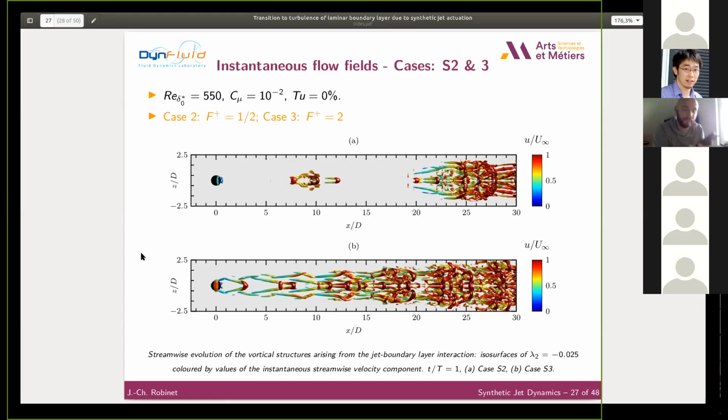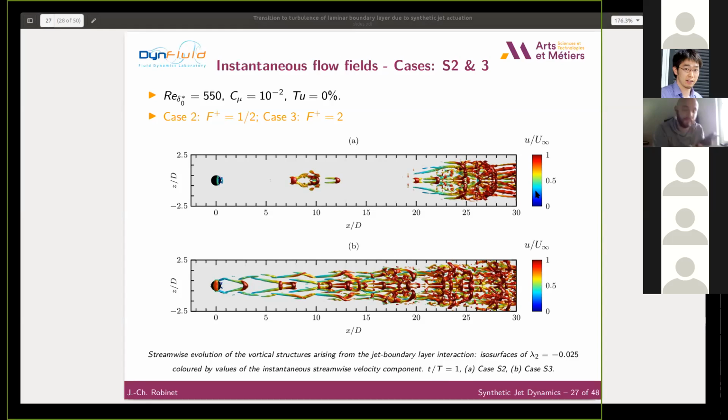So other questions? Is there someone else who wants to ask a question? Yes, maybe one. First of all, thank you very much for the talk, Jean-Christophe. If I have understood correctly, I'm really not a specialist, but the problem is that you are not able to break the symmetry of the flow configuration you are studying, and have you considered